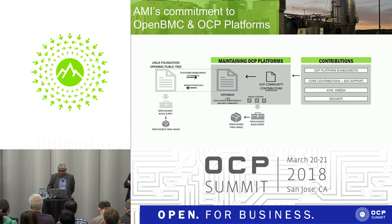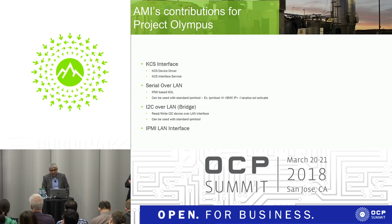So what we did for Project Olympus is our contributions are mostly, we added KCS interface and for the BIOS to interface, and that's up and running today on Olympus platform. We added the IPMI based serial over LAN also, so it can be invoked by the IPMI tool like other BMC. There are I2C over LAN, which is the bridging mechanism that the IPMI tool can talk to